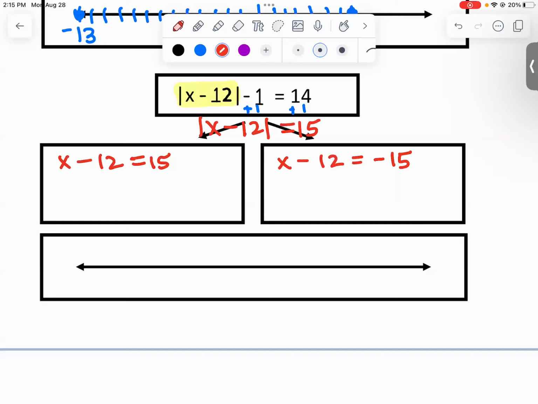Okay, so we are going to add 12 to get x equals 27. We'll add 12 to get x equals negative 3. Okay. Now,